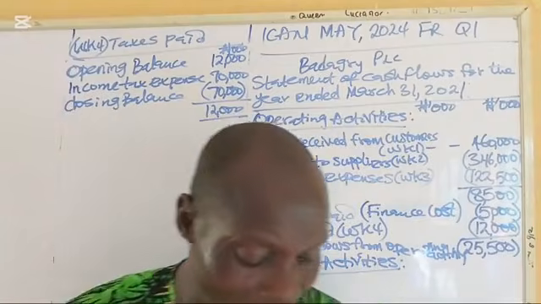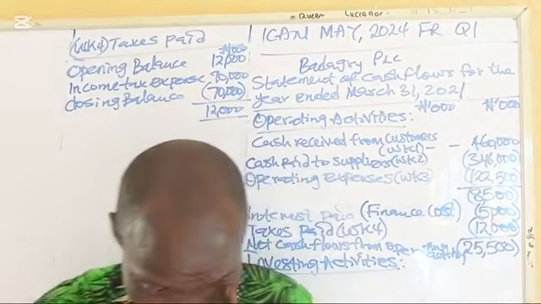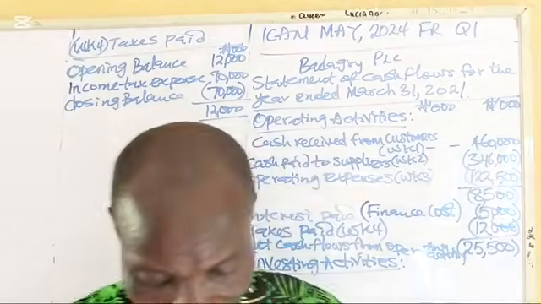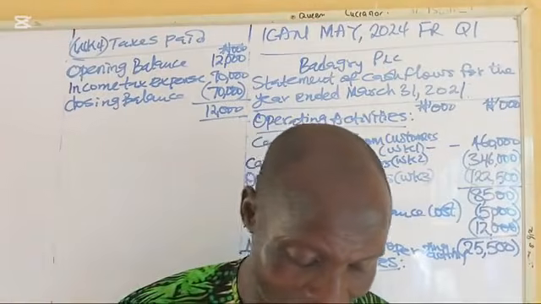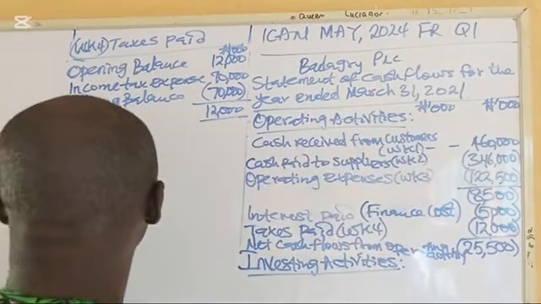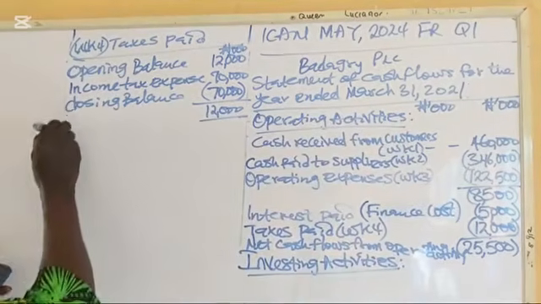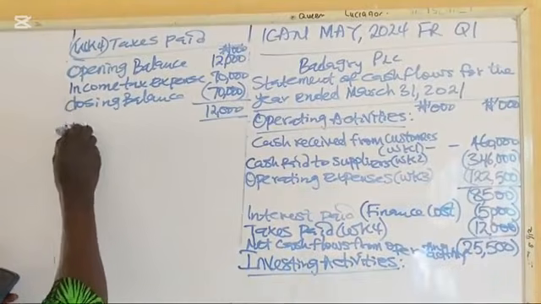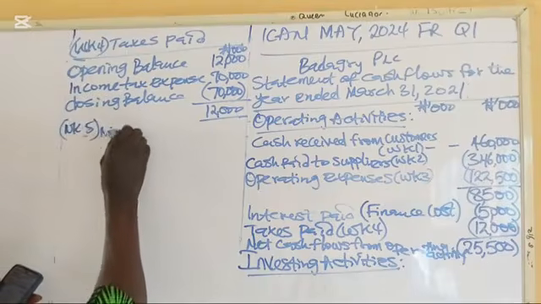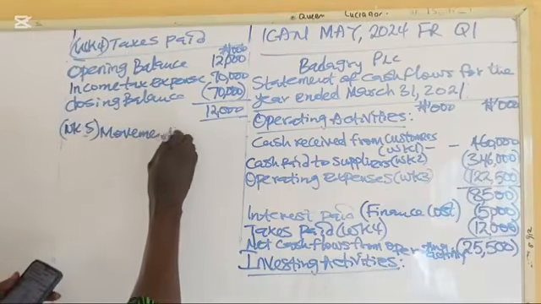Whenever you get to this section of the statement of cash flows, you check the movement in non-current assets. So, the non-current assets, working number 5. Movement in